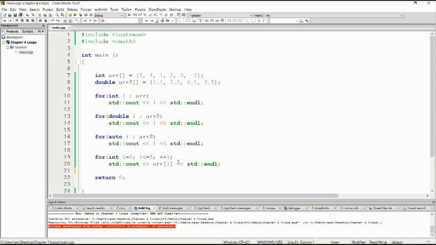Anyway, the for each loop. To explain this type of loop, we first need to know what container types are. For now, let's say that we know what arrays are, and we will learn about them in a later chapter, but we need to assume that we know them in order to be able to explain the for each loop. The for each loop is specific to the C++11 standard,